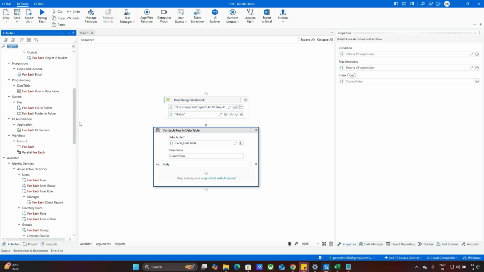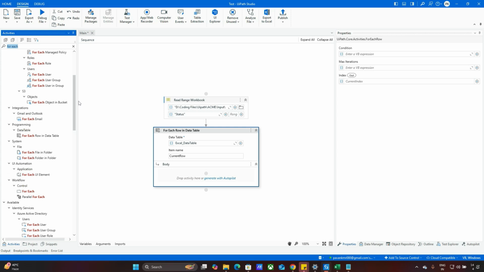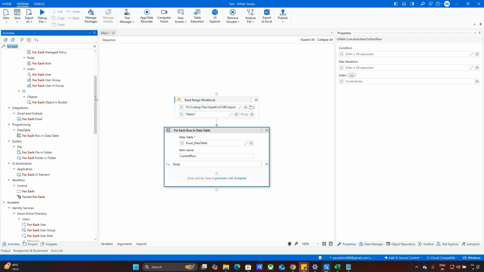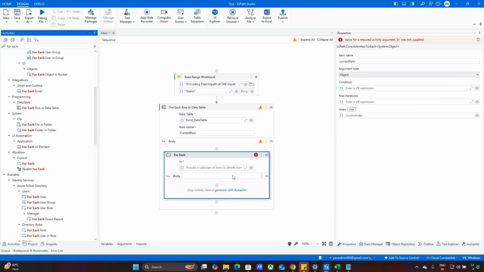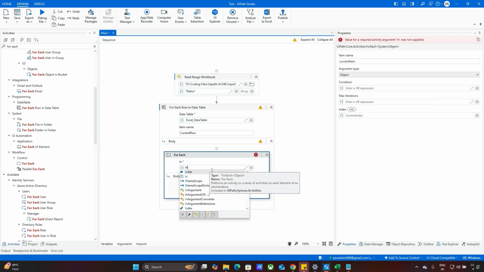So here I will take for each, where is this. So here a lot of activities came, so that's why it's taking some time to check that one. Yeah, so for each loop. Okay, here I